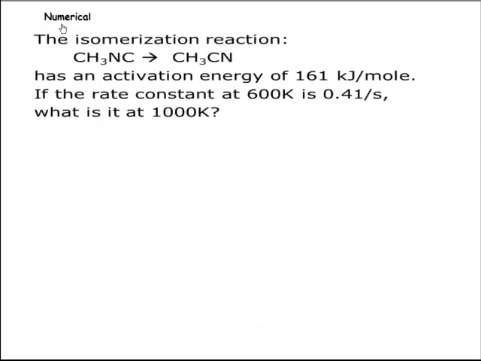Now the next numerical, have a look at this isomerization reaction. It has an activation energy of 161 kilojoules per mole. If the rate constant at 600 Kelvin is 0.41 second inverse, what is it at 1000 Kelvin? So we'll have to use the Arrhenius equation, which is log K2 by K1 is equal to energy of activation Ea